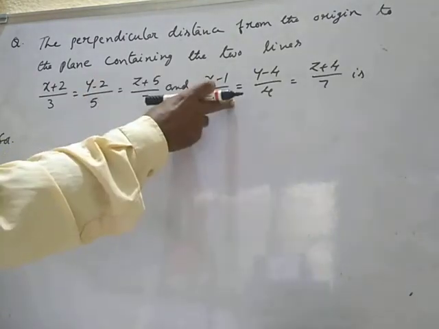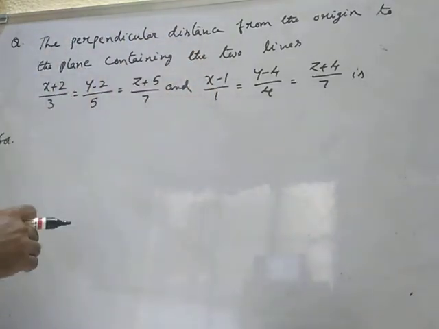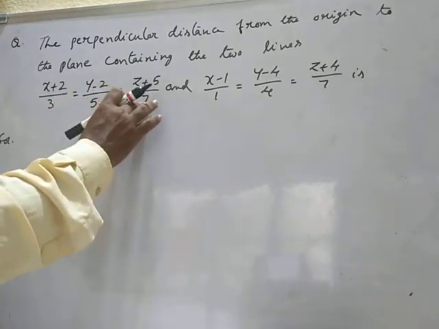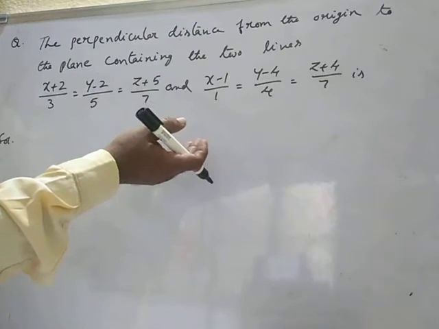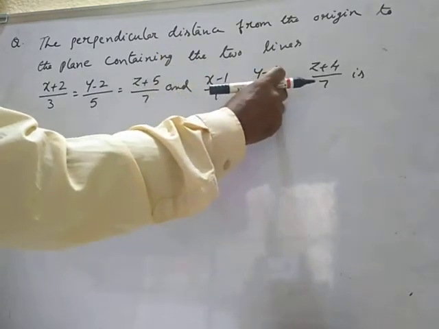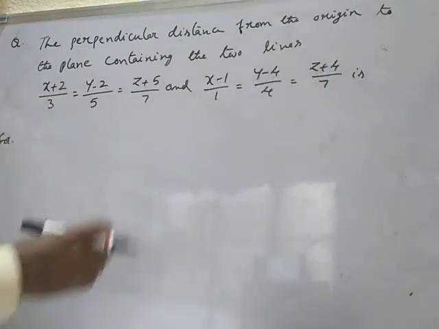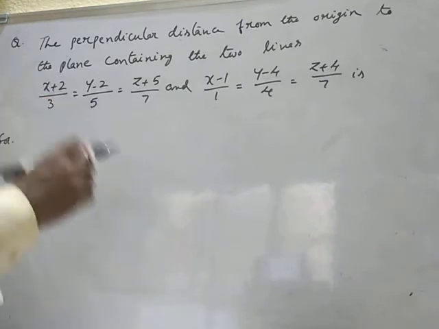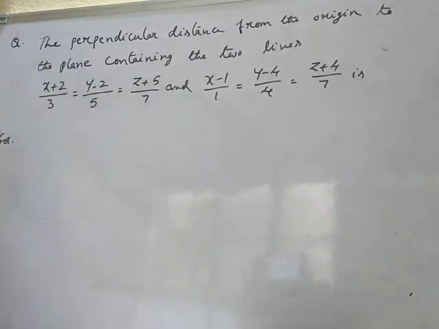The two lines lie on the plane, so the vector 3i plus 5j plus 7k is parallel to the plane, and also the vector i plus 4j plus 7k. These two vectors are parallel to the plane. So the equation of the plane passing through the point a and parallel to the vectors b and c is